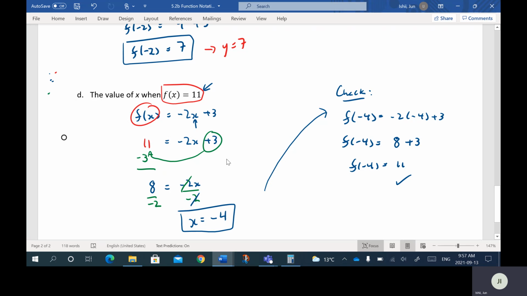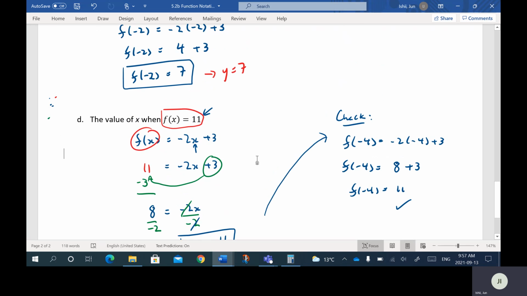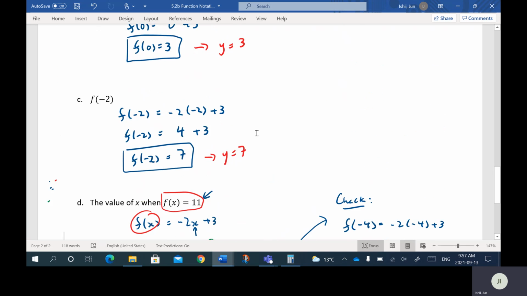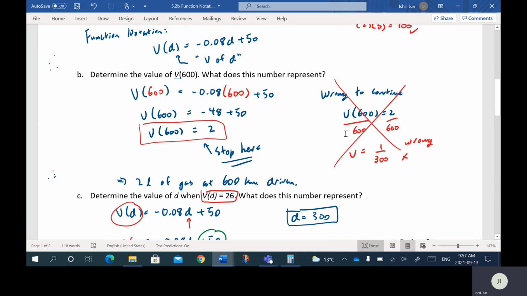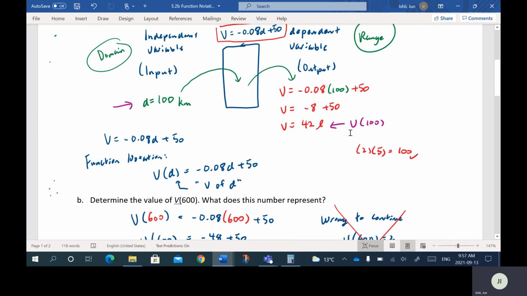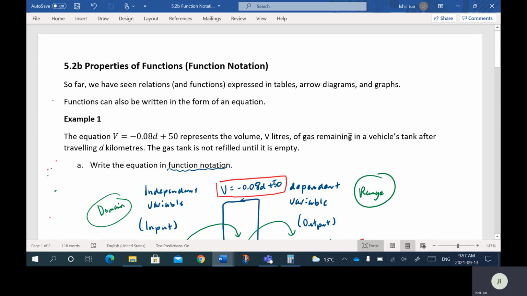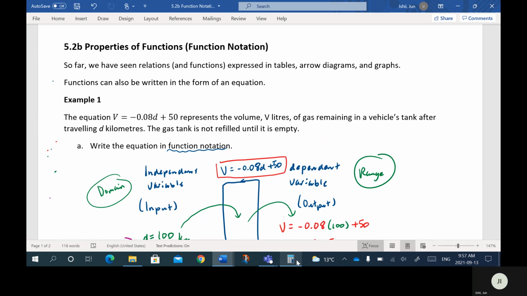All right, cool, guys. So that's function notation. Again, a very important concept to get your head wrapped around. One of the common mistakes that I see from time to time is, if I scroll back up, this right here, do not get this confused with multiplication. This is just a label. So the value of the function when the independent variable is this number is equal to that. So this is function notation. Again, a very, very important concept to get your head wrapped around for your future